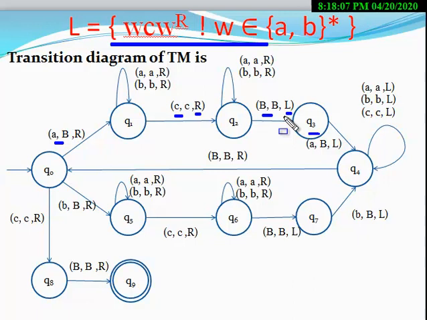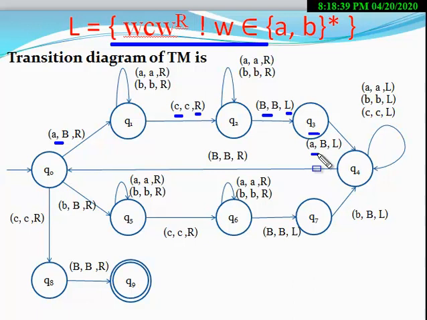Okay. So at the state Q2, as soon as it finds the tape symbol is B, the machine changes its state from Q2 to Q3, and the machine moves in the left direction, right? Because the machine reached the last tape symbol. Now here at the state Q3, it checks whether the last tape symbol is small a or small b.